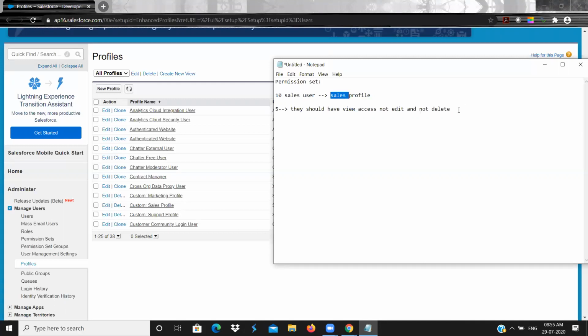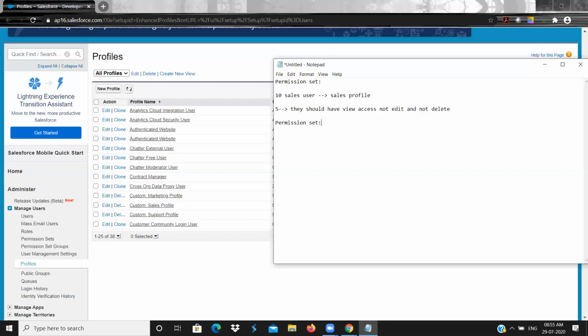At that time, I will go with the permission set. For example, if there is a manager and an employee, manager and employee will have two different profiles, so the variations will be there. But within the manager profile itself, consider a company with 5 managers, such as a development manager and a testing manager.